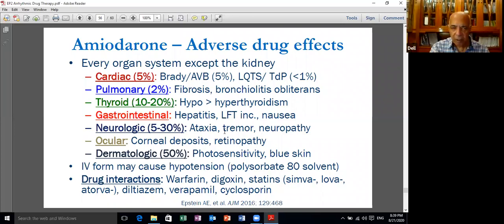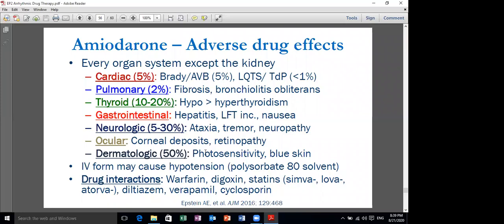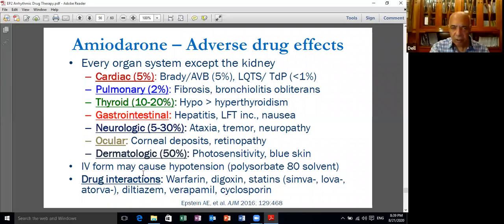Not common but drug interaction with amiodarone, including inhibition of